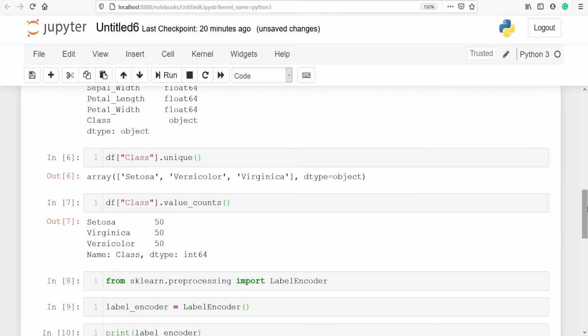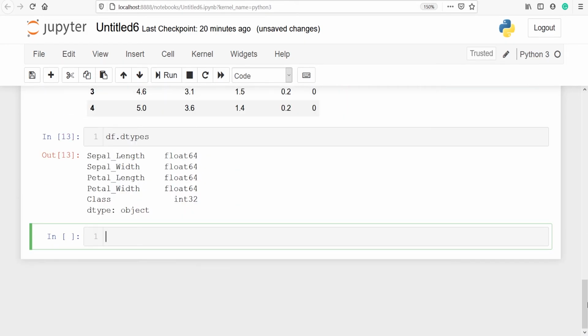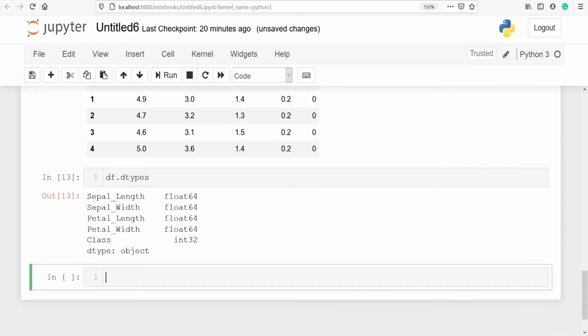And if you look at our previous result, the class was an object, it was not integer. After applying the label encoder, the variable has become int32, and we can look at the values present in the variable class. We will write df of class dot unique.